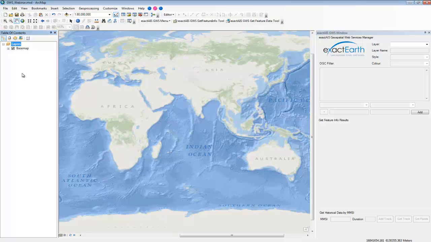Now we're going to switch over to ArcMap and explore exactAIS geospatial web services through the easy-to-use add-in tool. Here we see we've got the Geospatial Web Services menu, we have the Get Feature Info and Get Feature Data tool that we're later going to come back to. First, what we're going to do is select from this drop-down the LVI layer, and we're going to make a request to our service, and we can choose how to style the layer. We'll just give it a name, EELVI, and from this style we're going to choose by type. We can also choose by speed or just by vessel color, but we'll add this by just clicking the add button.